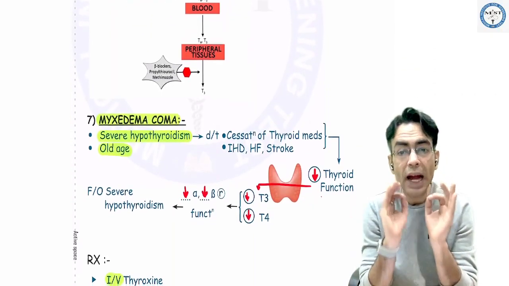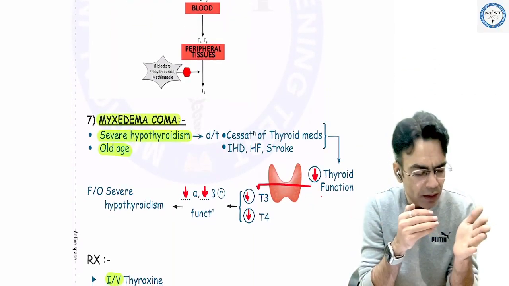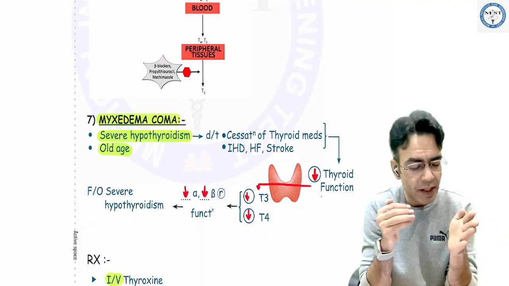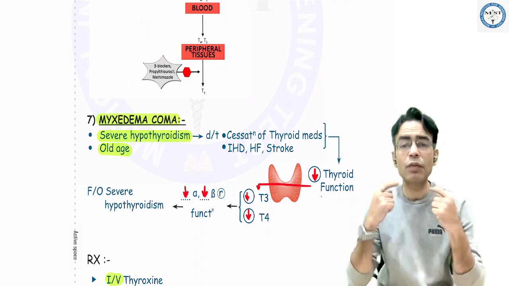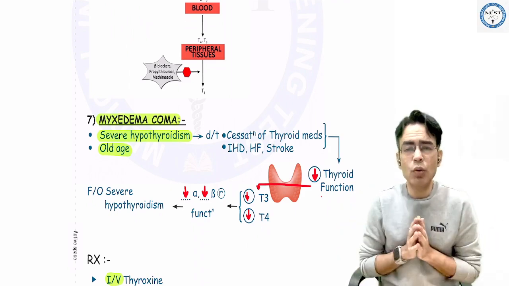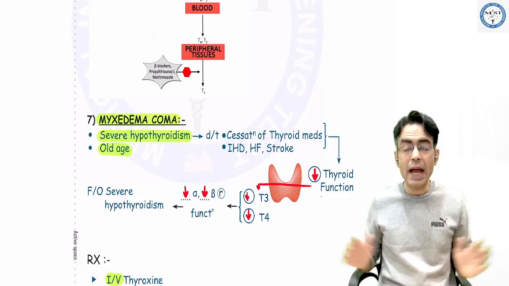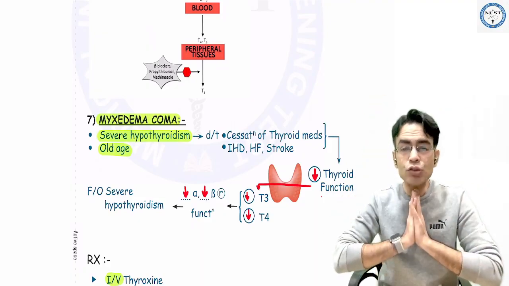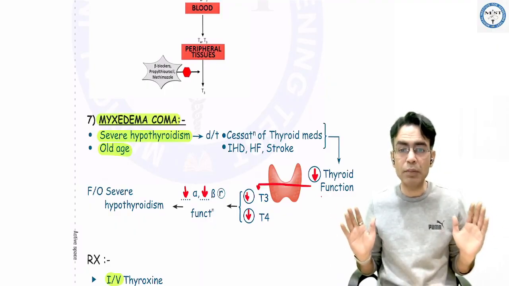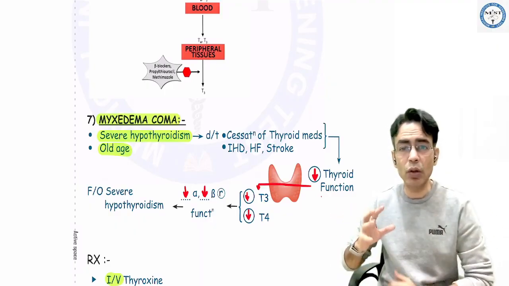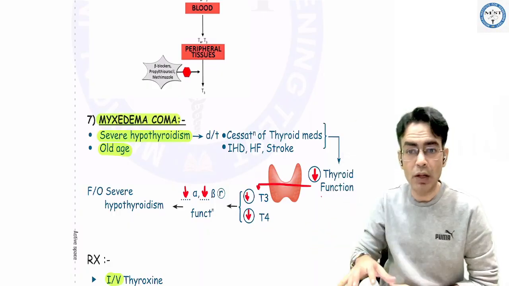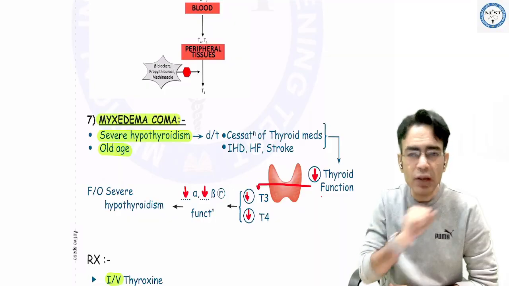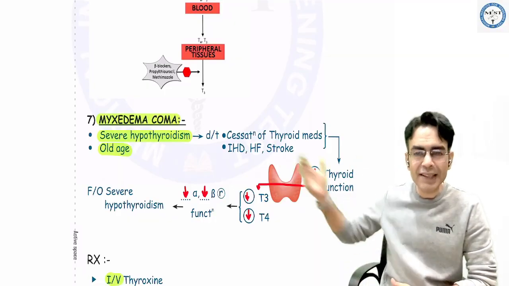Myxedema coma is severe hypothyroidism, due to the patient not taking the thyroid medications, or there is some problem because of which the thyroid gland is destroyed. So the patient goes into severe hypo. And it is so severe in hypo, I said everything goes low, right? The patient goes so severely hypothyroid that all the metabolic functions, all the normal hemodynamic functions will go down. So severe bradycardia, severe constipation, hypotension, everything will be very low in these patients,